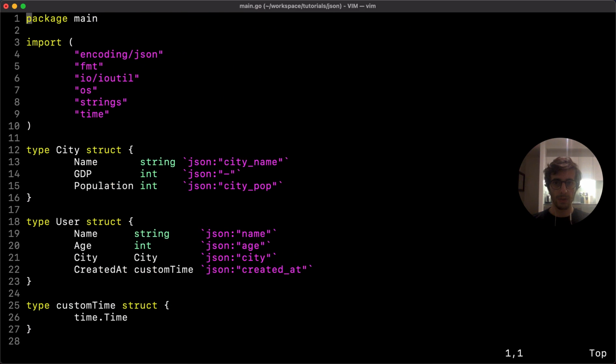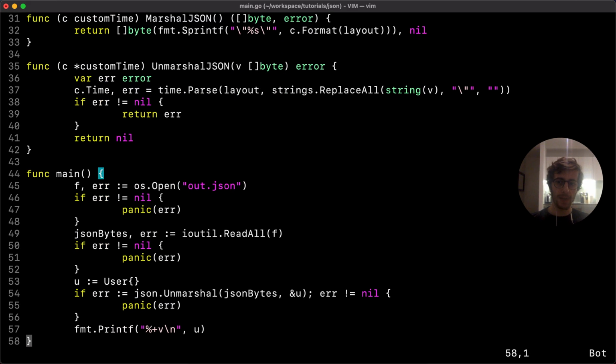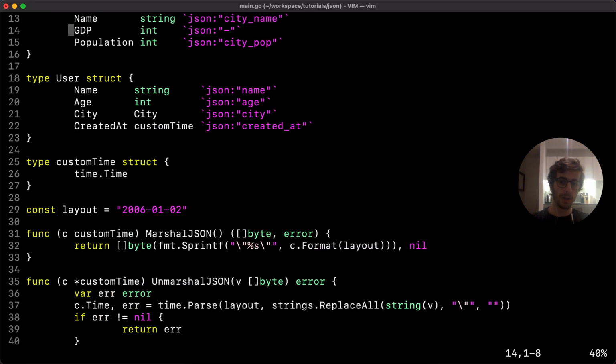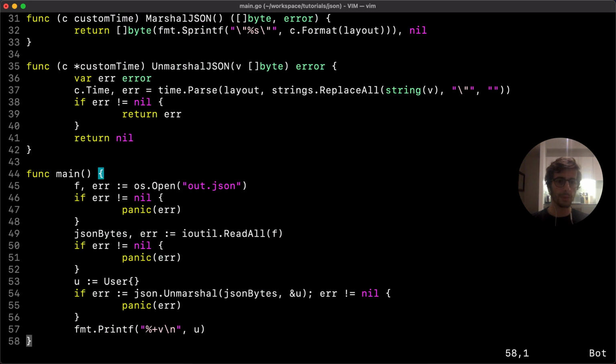And the GDP is 0 because we haven't saved the GDP back. So yeah, that's pretty much the marshalling and unmarshalling. So I just wanted to go through quickly